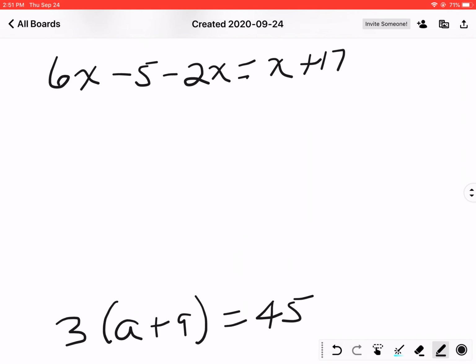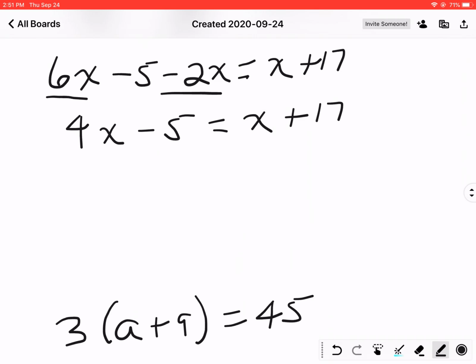All right. One extra little step before we start: simplify if you can. So we're going to start off with 4x minus 5 equals x plus 17. This time, we have x and 4x. 4x is bigger, so I'm going to leave the x's on the left-hand side, which means I'm going to subtract